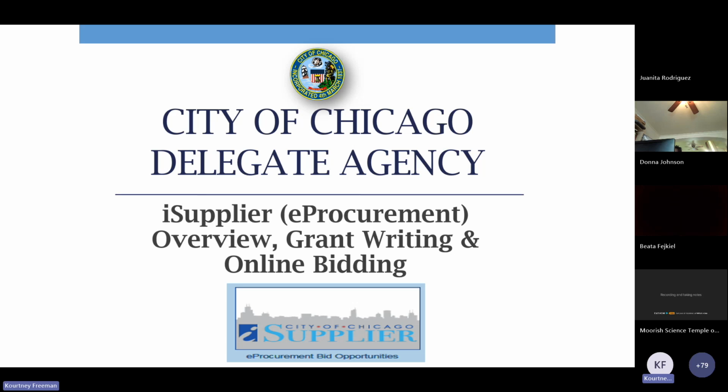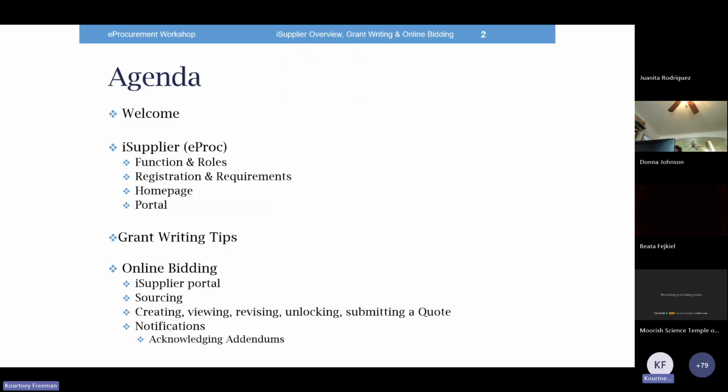Okay, so what we're going to do is first go over the functions and roles within iSupplier, the registration and requirements, and what's included on our homepage. We're going to go through the portal, and we're actually going to do a walkthrough at the end. Then we're also going to talk about grant writing tips, and then go through the process of online bidding,